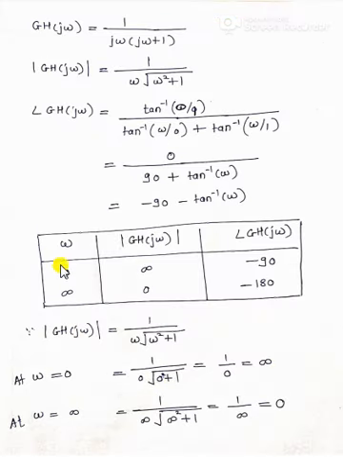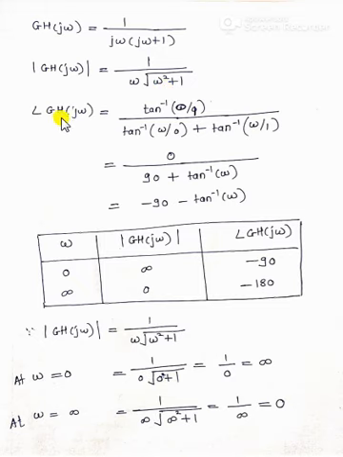So next, as we have written the whole equation in terms of j omega, find the mod of GH of j omega. Now what does mod value mean? The magnitude of j omega is only omega, then the magnitude of j omega plus 1 is square root of omega square plus 1. I hope you know how we are calculating these mod values.